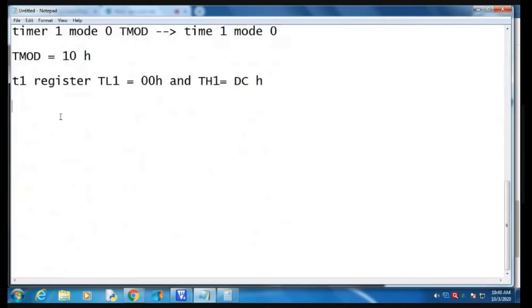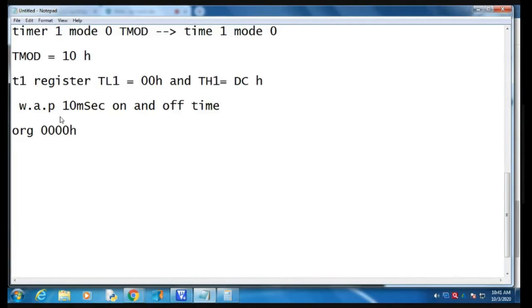Now we have to write a program for a 10 millisecond on and off time for the square wave. Now, how to write the program? First we write ORG 00H.